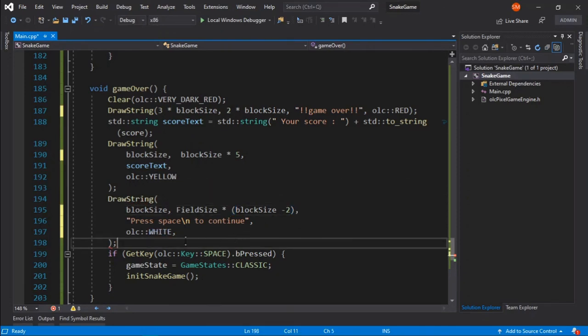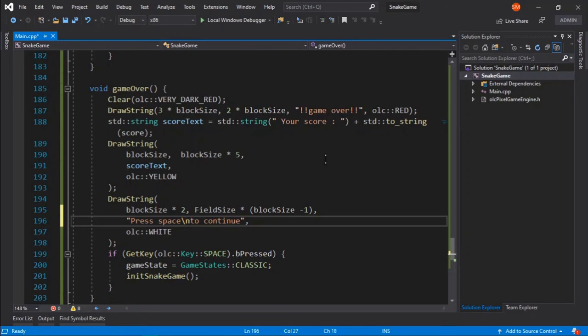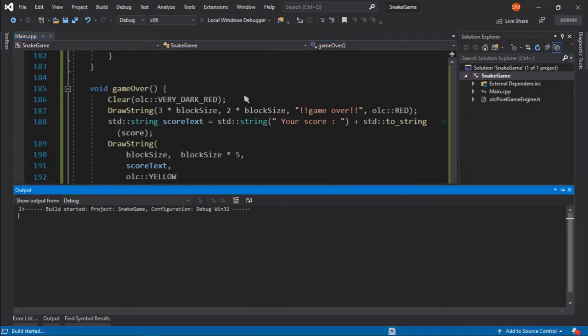And yeah, and final thing, I just want to move this to block size ×2, and this at block size -1, and this space, and to continue. And just look at the whole thing one more time to have my eyes placed, I guess.